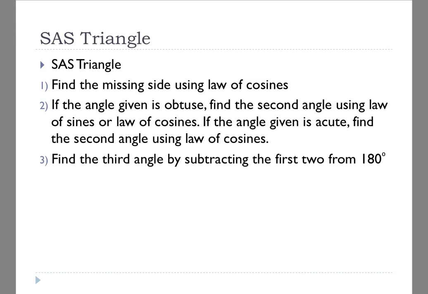On a side angle side, we're going to find the missing side using law of cosines. And here's the catch with this, and I'm going to suggest that you do something a little bit different. If the angle that you were originally given is obtuse, and then you find that first side, then you can actually switch to law of sines. And the order won't matter, okay? If the angle you were already given is obtuse. So if angle A is given to you and it is obtuse, then I can find whatever side I'm missing,